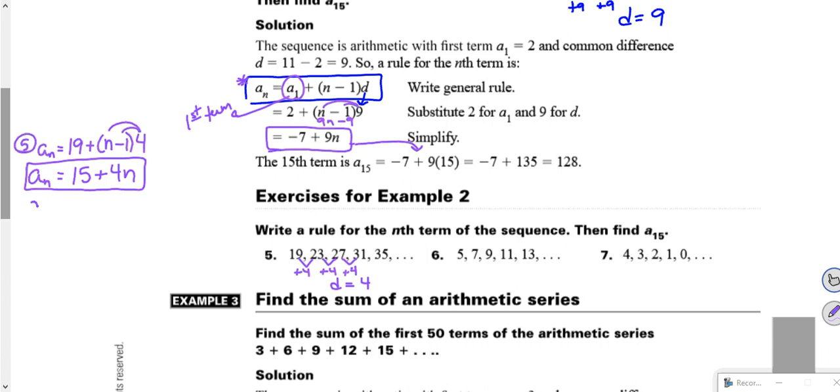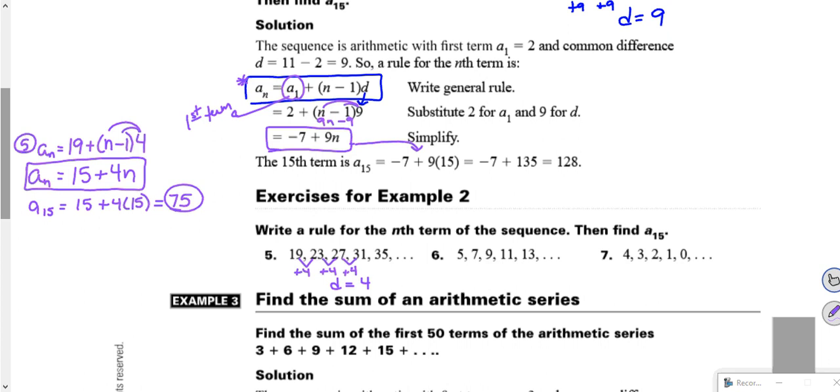Now, if I want to find a sub 15, or the 15th term of the sequence, then I just put in 15 plus 4 times 15. And that is going to give me, well, 4 times 15 is 60, plus 15 is 75. Okay,